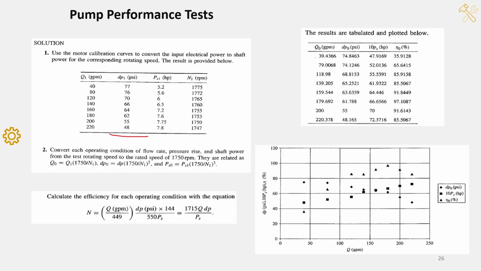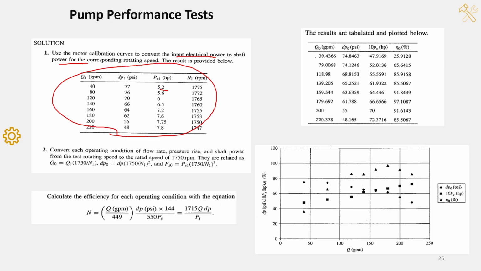So these are the motor calibration curves. At this flow rate, the shaft power is this much. So they converted first. You need to convert the electrical power into shaft power. Okay, to convert the input electrical power into shaft power for a corresponding, of course, rotating speed. The main purpose of this step is to be able to calculate the shaft power at the rated speed later,